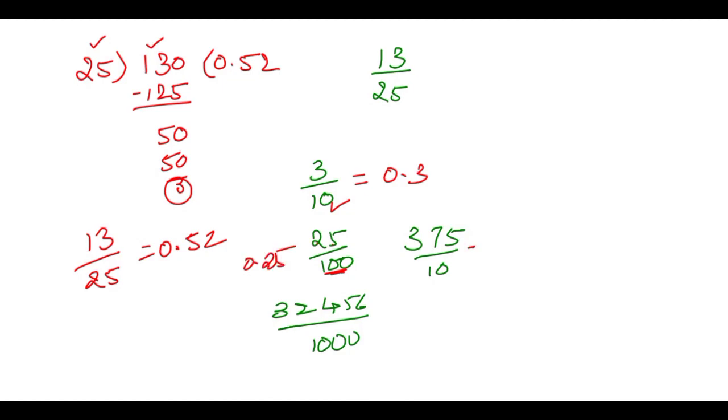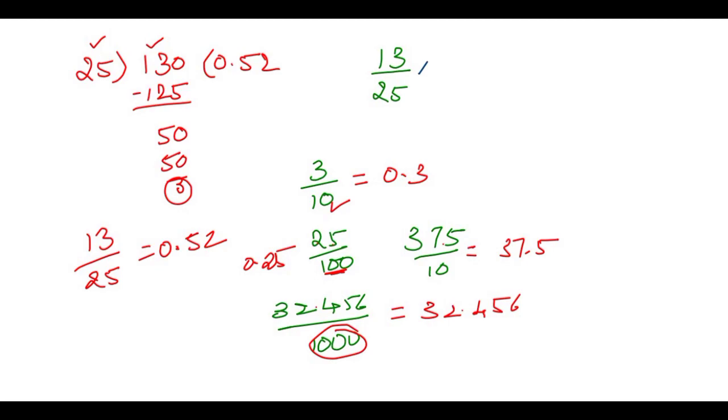And you have a 10 here, put a point before one digit here, that means 3.75. And 3 zeros are there in the 1000, put a point before the 3 digits, then you have 32.456. Correct? So here we can observe now, if in the denominator we have tens, hundreds, thousands, then it is very easy to find out its decimal point, right?